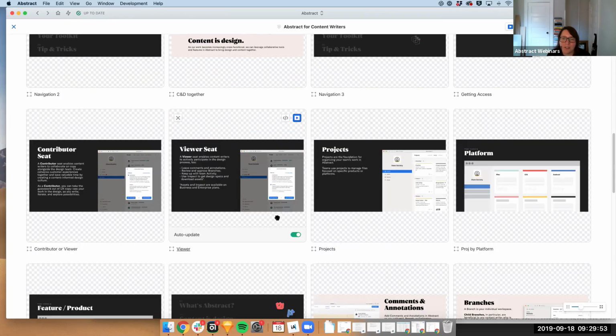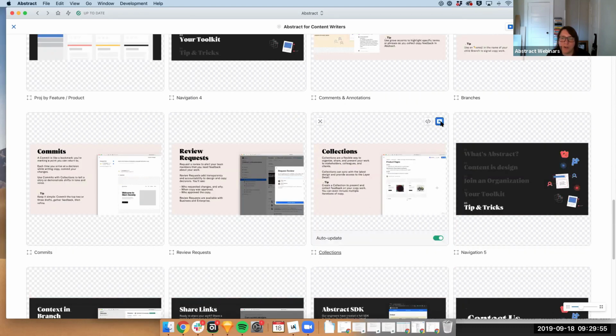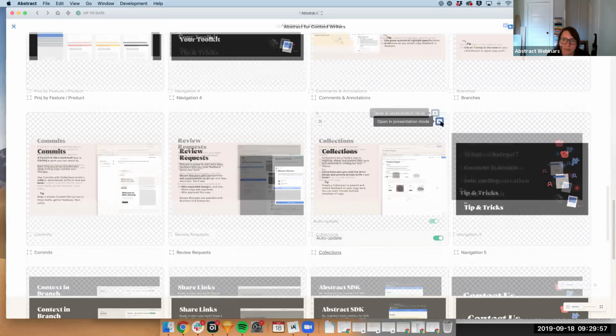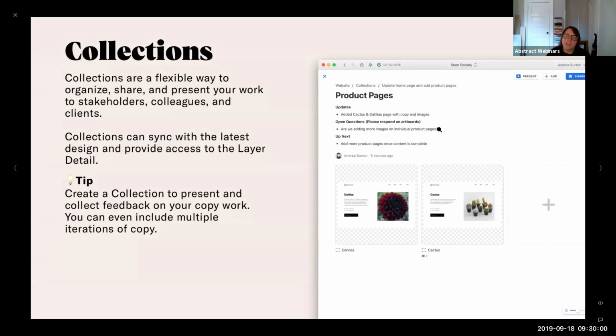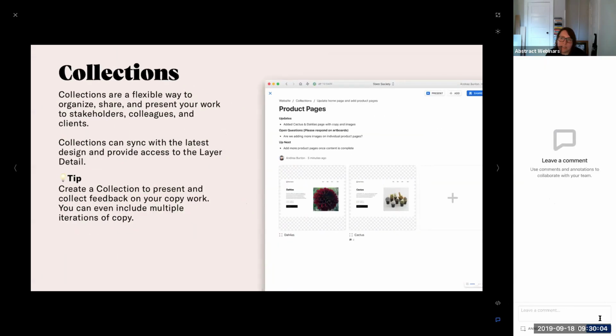So let's go back to where I was. Just wanted to show you the power of collections. All right. So one other thing is I can pop into the comments here on a collection. This is where you have the annotation tool. I can @mention. I'll @mention Coley. This is where I can write in there.